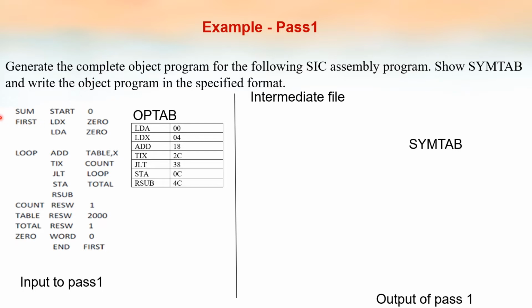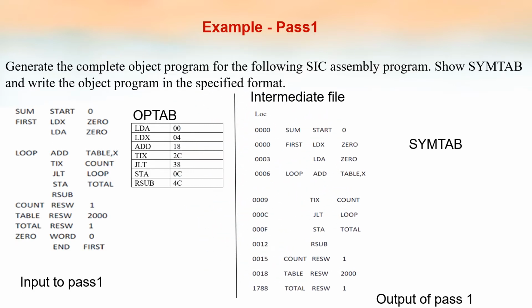So first, I am giving the location counter value as 0 over here. Then each instruction is of length 3 bytes, so we can increment by 3. The values assigned to each line are known as the intermediate file. So we can see the intermediate file here. This is the source code, and each line is assigned an address. For example, this SUM START 0 line is given the starting address. So the starting address is 0, and that 0 is given here.